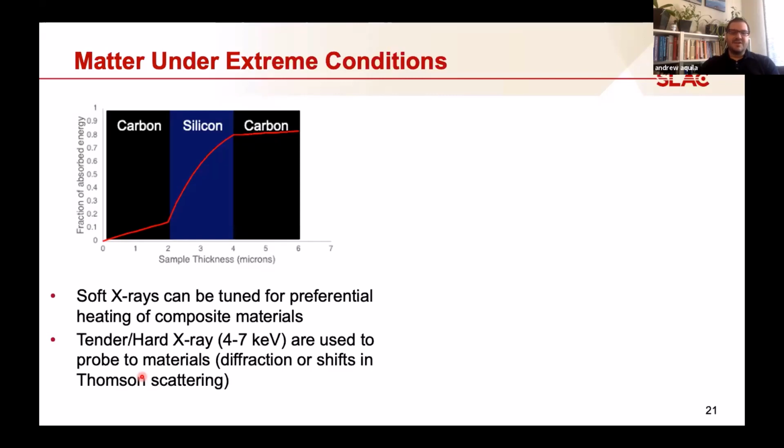But we can think about actually pumping with soft X-ray. So imagine going to a silicon K edge, or just above it, having a tamped material so we actually can try to get really high pressure, so some carbon film, graphite, or diamond on one side. We can actually get almost full absorption in the silicon layer for a very thin sample, and almost nothing in the carbon layers. So you can actually get a really high intensity, well, it's exponential decay, but a very